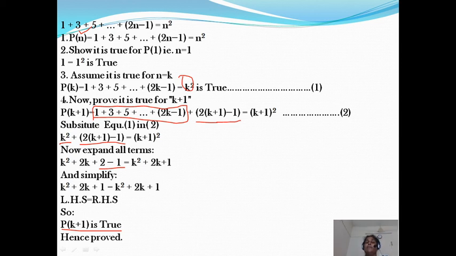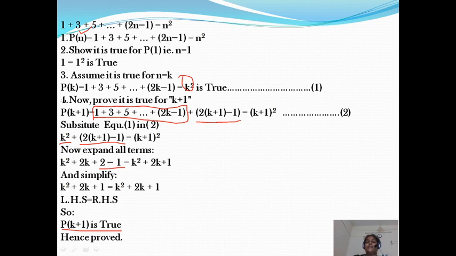First we put the question as P(n) and we substitute. Next we have to check whether P(1) is true. For checking P(1), substitute the value n = 1 in both LHS and RHS. If they are the same, LHS equal to RHS, proceed with the next step, that is put n = k and assume it as true. Next we have to prove P(k+1) is true.